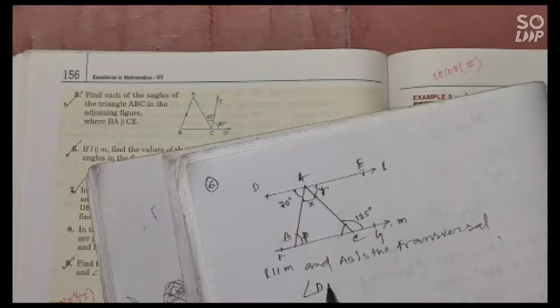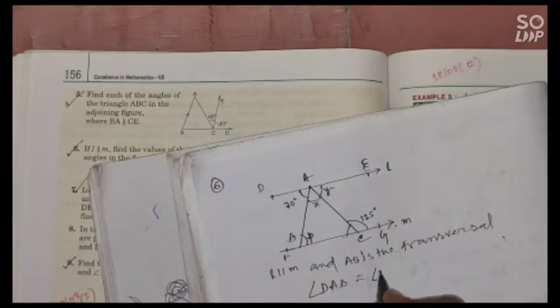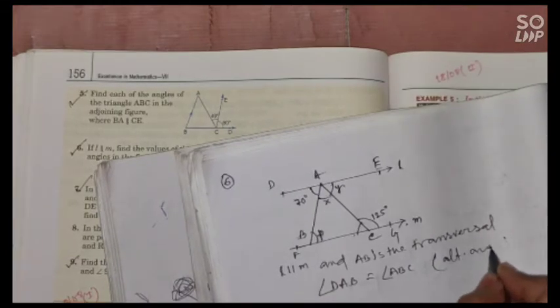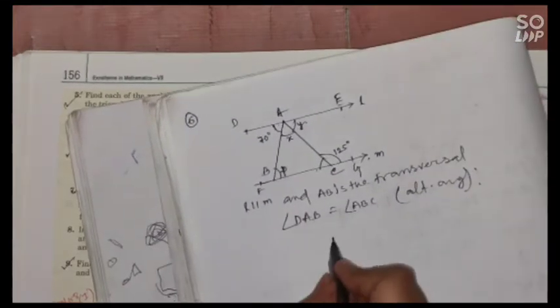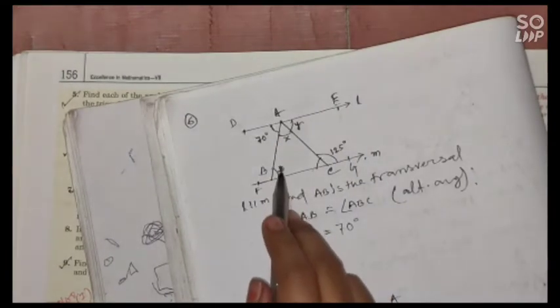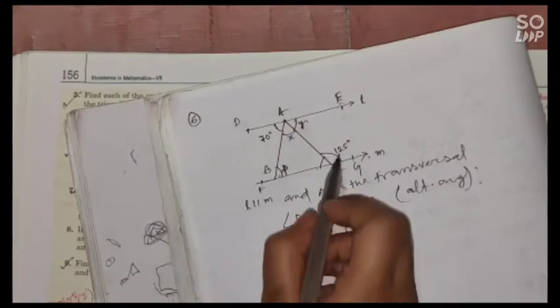So angle DAB equals angle ABC, alternate angles. So this value equals 70 degrees. So the value of this angle is P, so P equals 70 degrees. Okay, next,